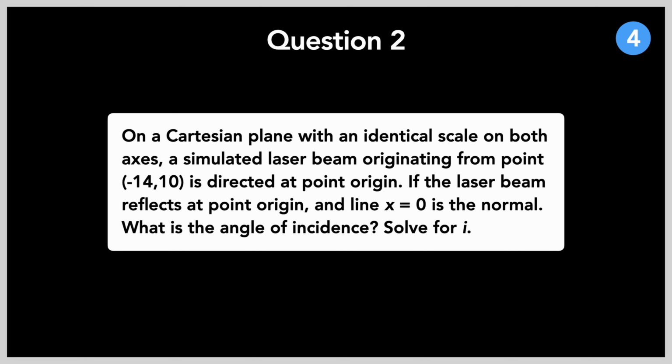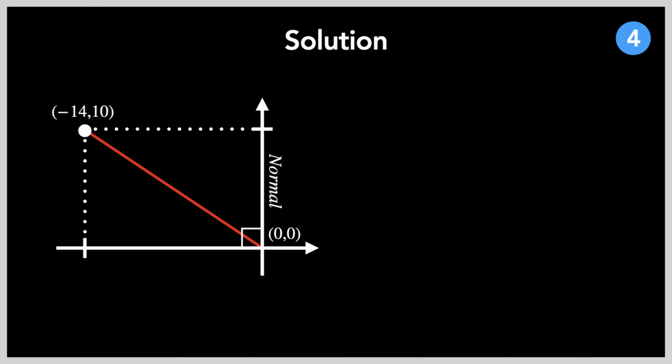Moving on to the second question. Again, pause the video whenever you want to try this out yourself. We can plot this question on a Cartesian plane just like the question stated. First, let's label down the values the question has given us, and give the angles we have to find their own representatives, color-coded in green and blue here.